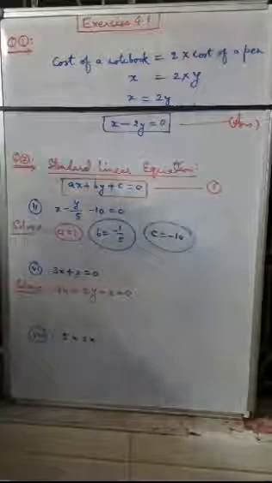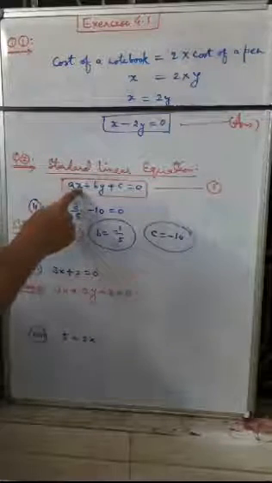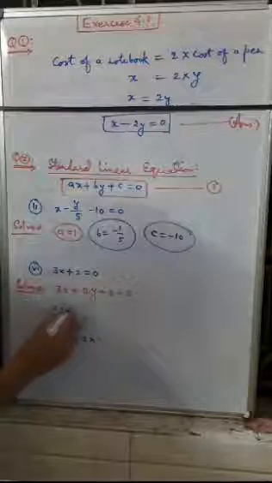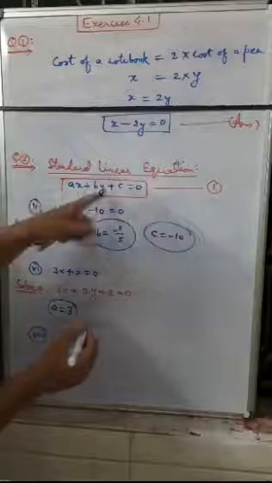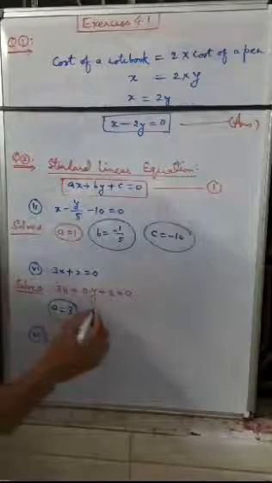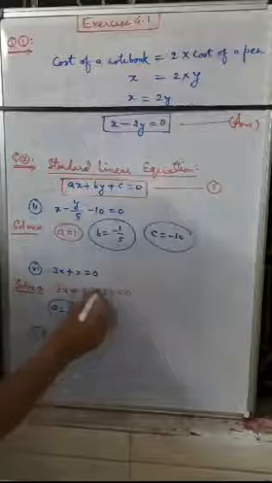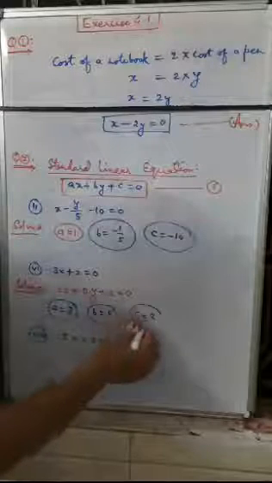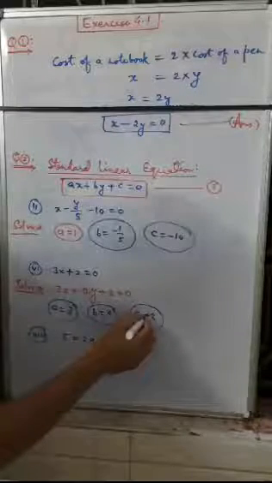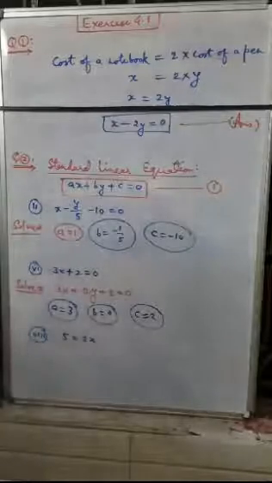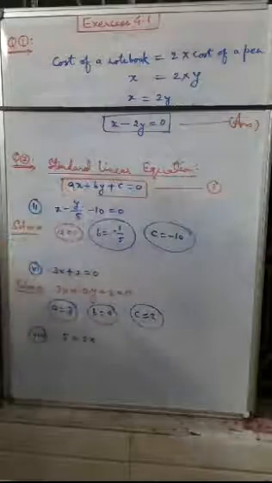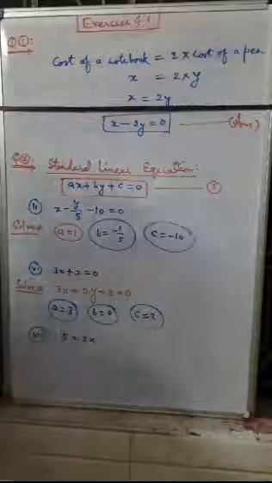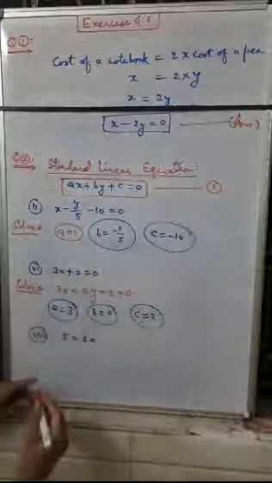Now you can compare. The coefficient of x is a, and the coefficient of x is 3, so a is equal to 3. The coefficient of y is b, and the coefficient of y is 0, so b is equal to 0. The constant c is equal to 2 here. So this is the solution of this question. You can easily find the values of a, b, c by comparing with the standard form of a linear equation.